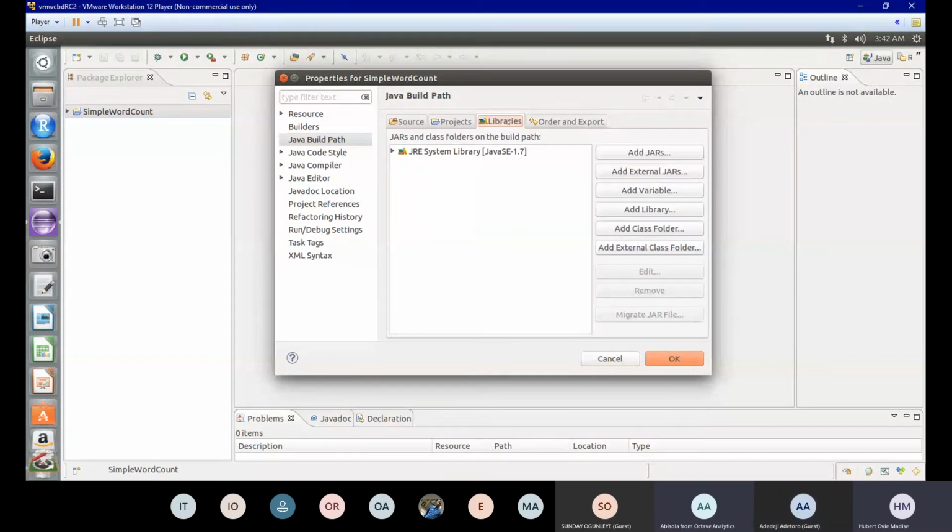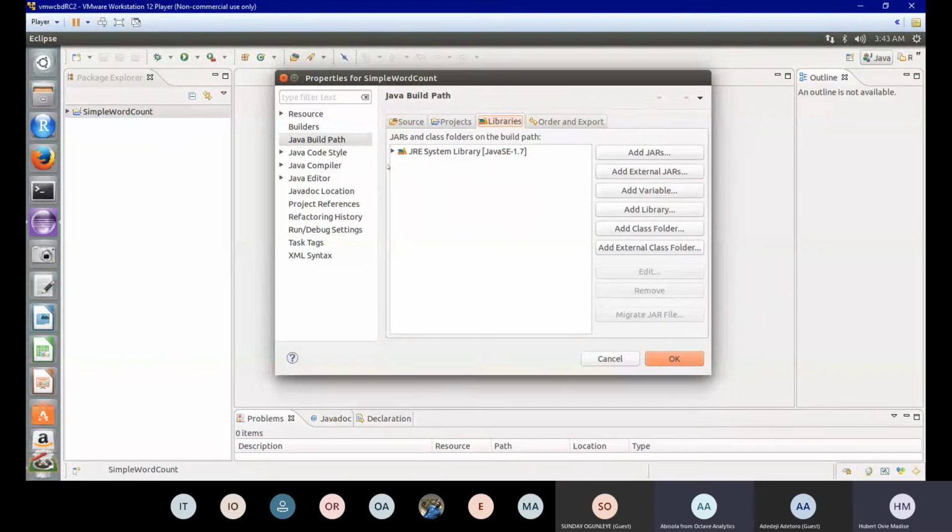Go to libraries. You've gone to libraries, right? And then you want to add external jars. So jar files. Let me quickly say what jar files are. Jar files are used in Java. Jar is from Java archive. So a jar file is a file format that is usually used to zip files in Java. It helps you aggregate so many files together into one. It helps you with compression. So that is why jar files are very good.